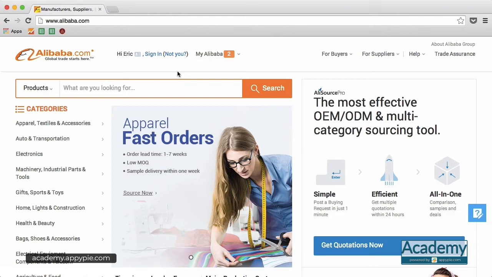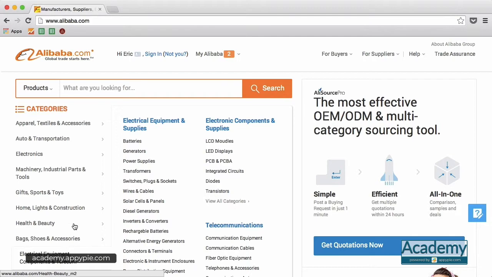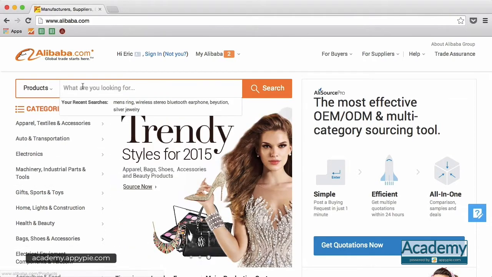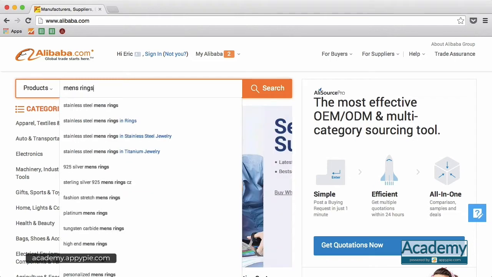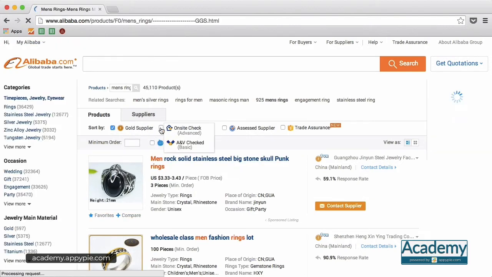One is if you don't have an idea of the type of product you want to import, you can browse through the categories. And the second is if you know what you're looking for, you can search for it. So let's say we're looking for men's rings. And the first thing you want to do right off the bat is check the gold supplier, check on-site check,